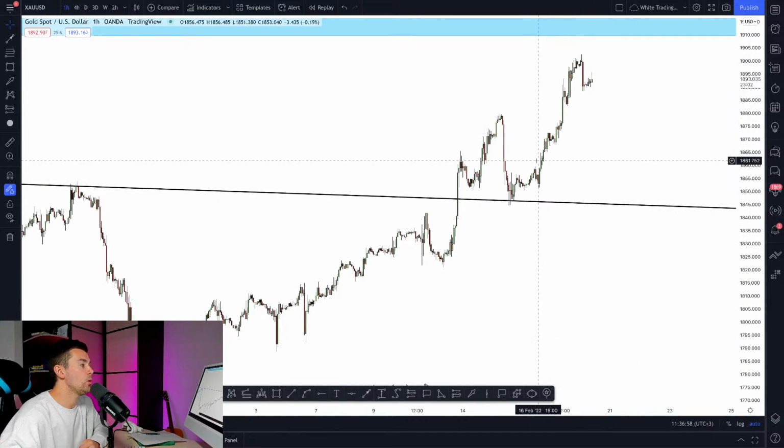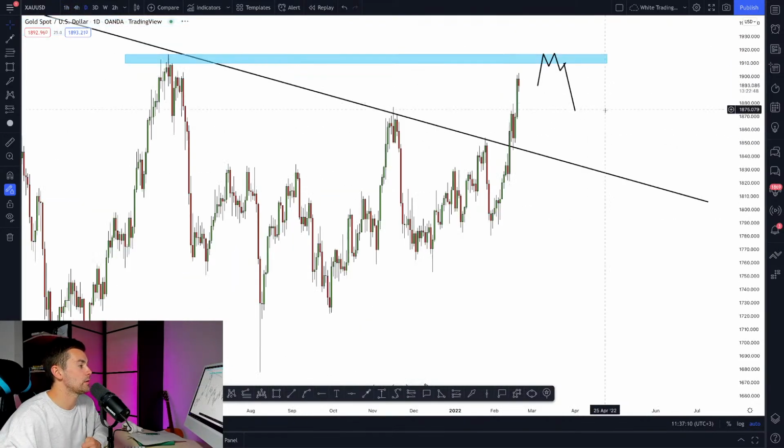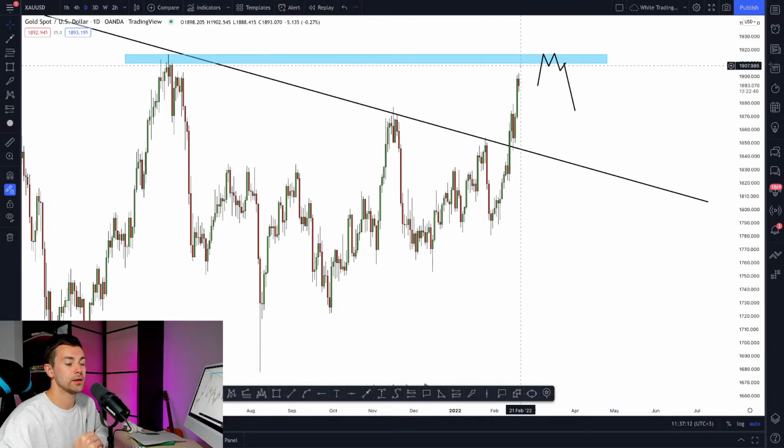And even on intraday time frames, even on hourly time frame, you can see that at the moment the market is sharply bullish. So we cannot even see that it is weakening. For now, bulls keep pushing, and I believe that we can easily go higher. Yes, so for now too early to short.